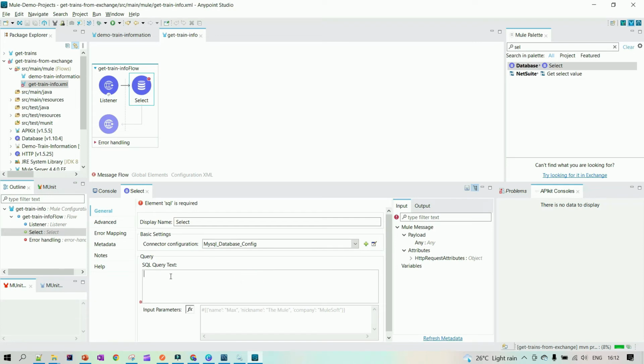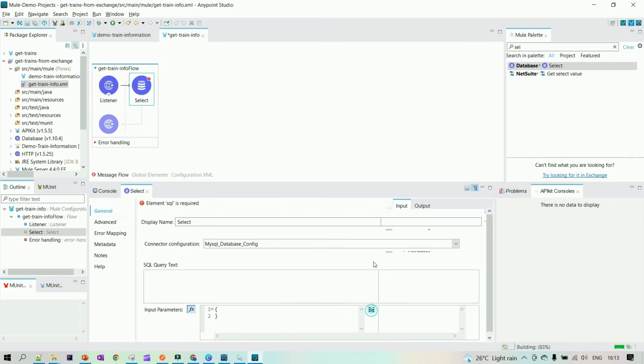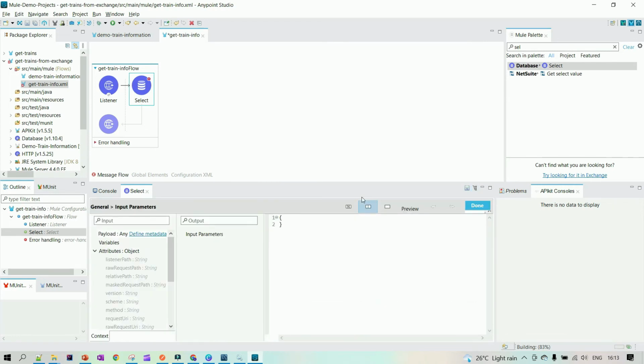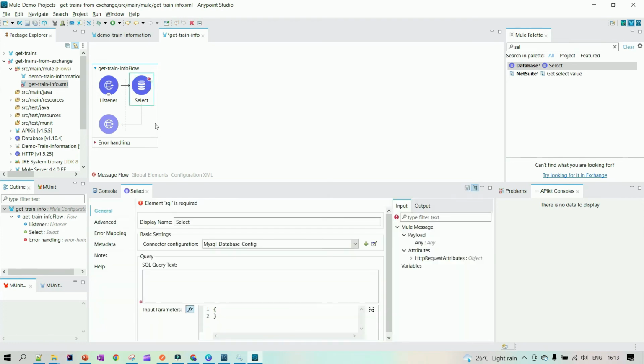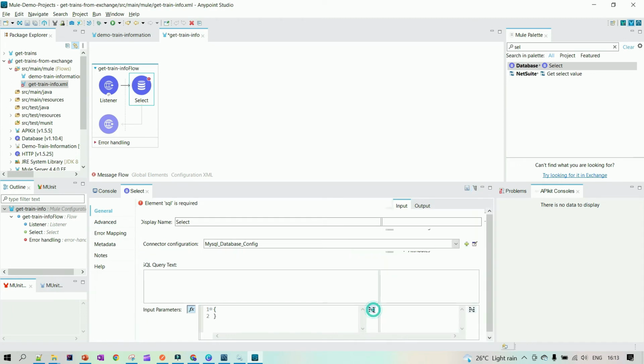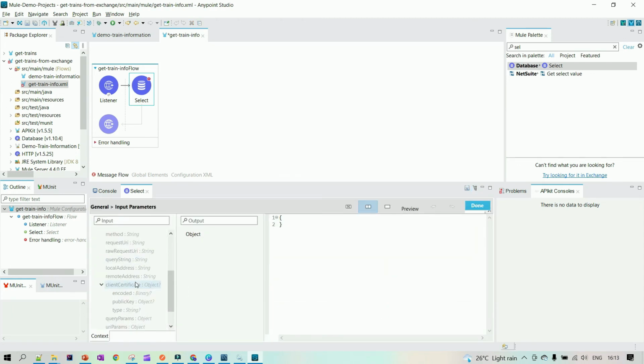So let's use the same connection details. And here the input parameter is we need to have the train number because we need to query based on the train number. So let's create input parameter for train number, which we are getting from the